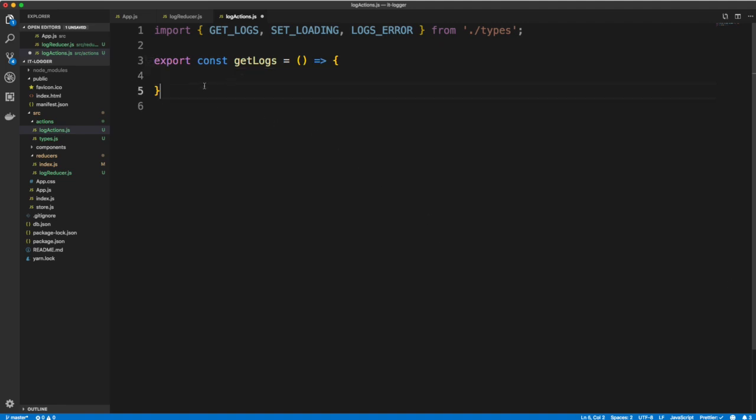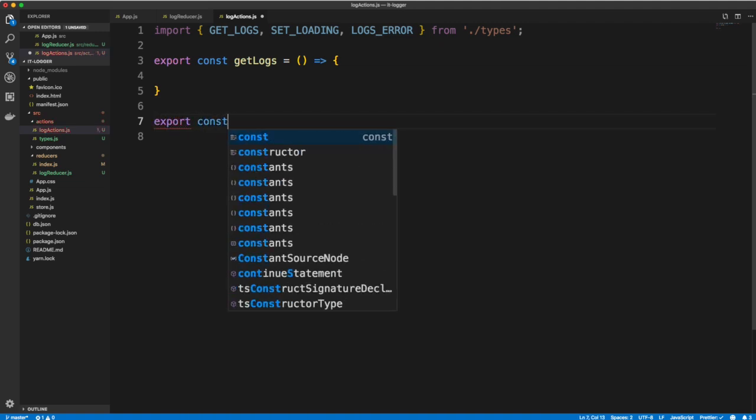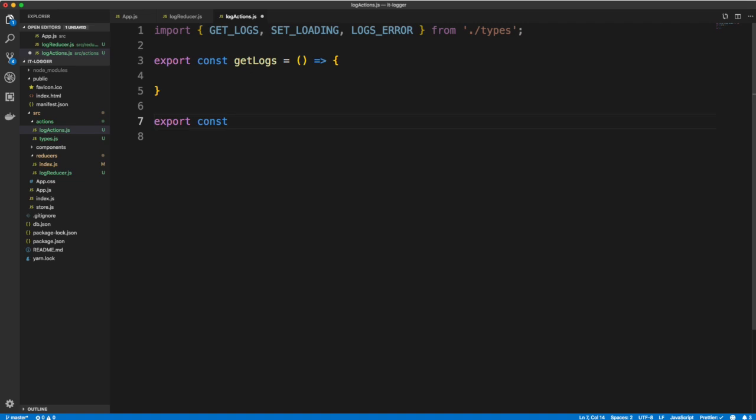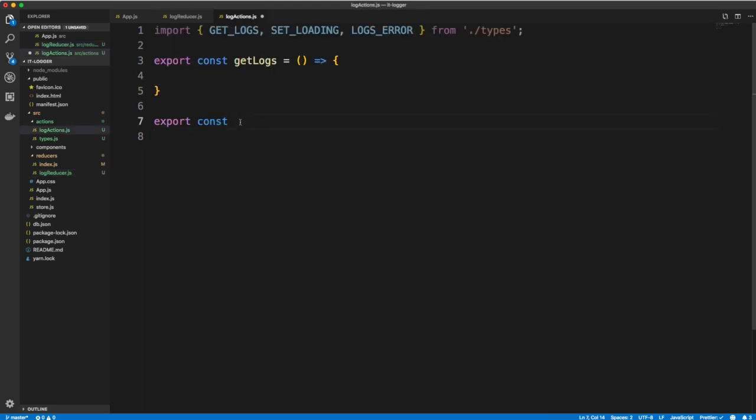Now, before I go ahead and do that, we are going to have an action here to set loading, and that's not going to need Redux Thunk. We don't need to make any asynchronous calls. All we're doing is setting in the reducer the value of loading to true. All right, so let's say export const setLoading. And the reason I'm doing this now is because we're actually going to call this function from within getLogs, because we need to set loading to true before we actually get the data back. So let's say setLoading,